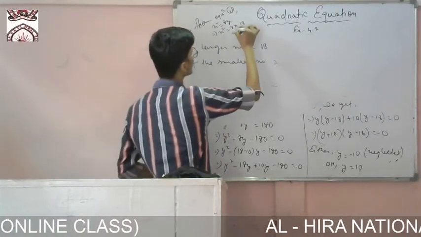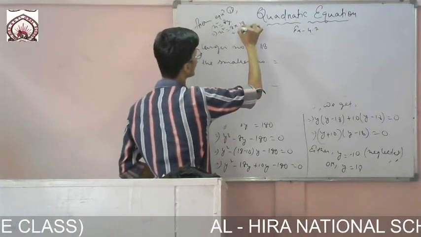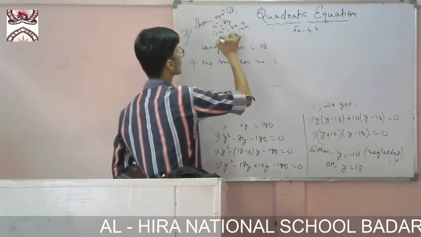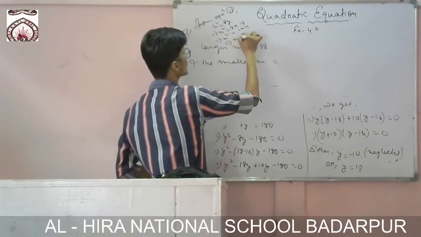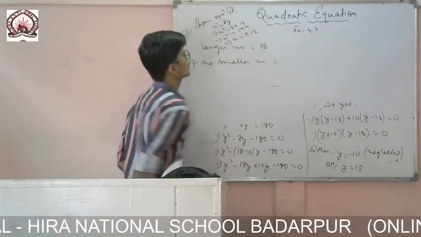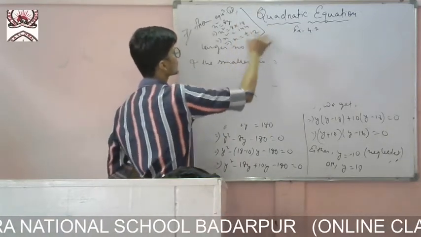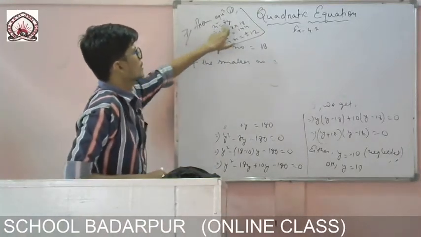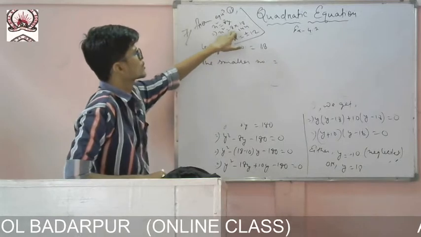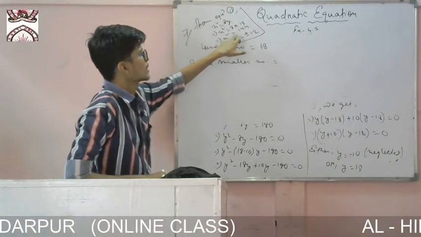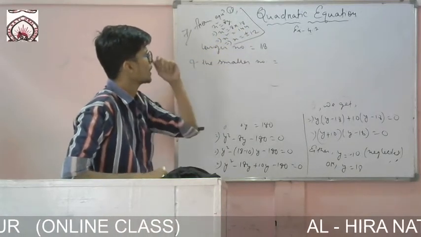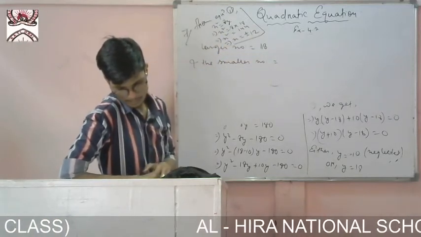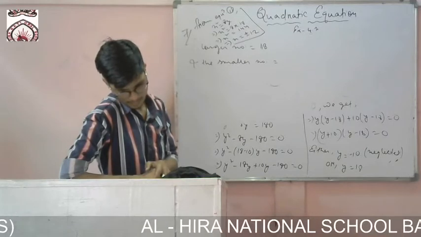So it will be 144, okay. So if x square is 144, then x will be equal to plus minus 12. From equation 2, what we have got, x square equals 8y, so x square will be equal to 8 into 18, it is 144, and if I take the root, then x will be equal to plus minus 12.